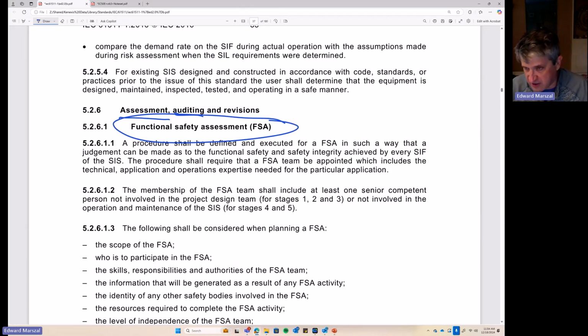It's a mini audit that we're going to get an independent team not involved in the project to look at the work that the project team did to make sure that they followed the planning, they used the proper tools, the proper procedures, and their work output is consistent with expectations. So we're going to do functional safety assessments. But we're not going to stop there. We're also going to audit our functional safety process on a regular basis to make sure that all the planning, all the competency is in place. It's being used and it's not degrading over time.